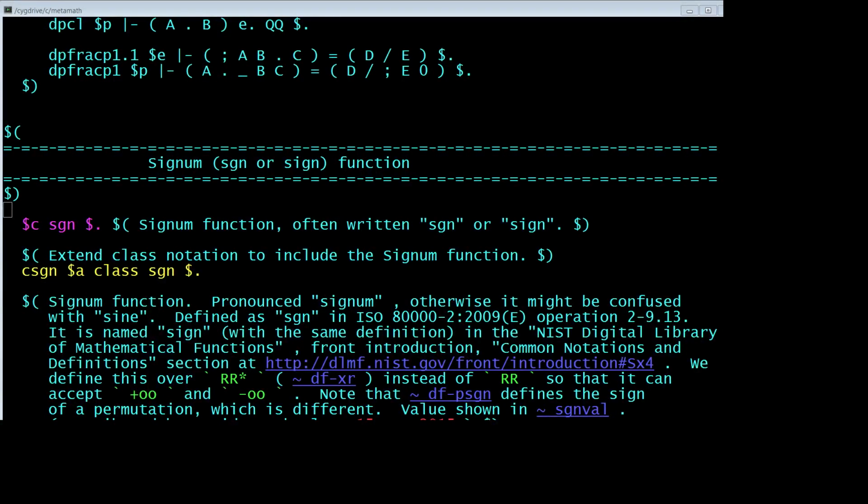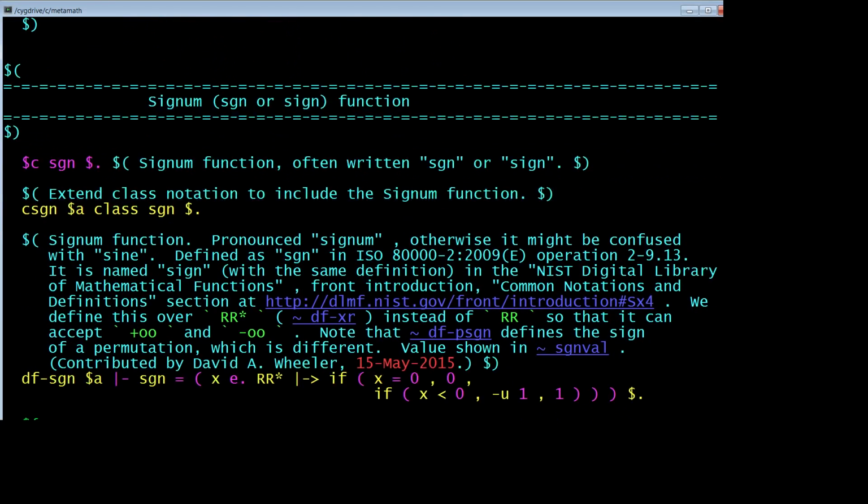We now need to actually define it. I should note that I'm just using an ordinary text editor. I happen to be using Vim, which has some syntax highlighting, but you can edit with any text editor. So first of all, we're going to say that there's a constant called SGN, or signum. Extend the class notation to include it, and then actually define it with a preceding comment that explains a little